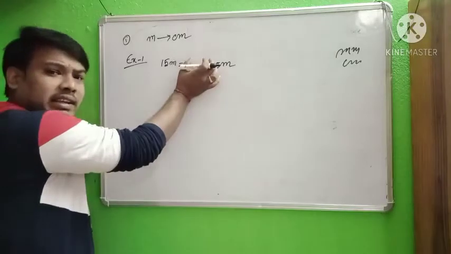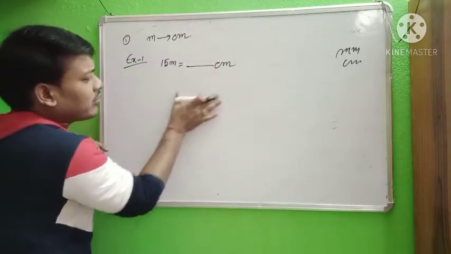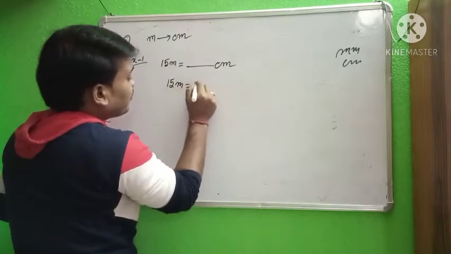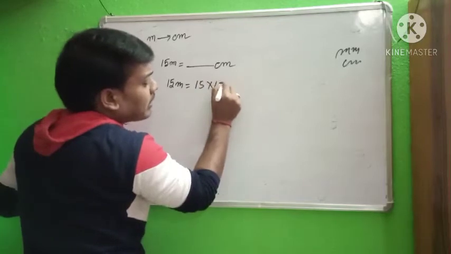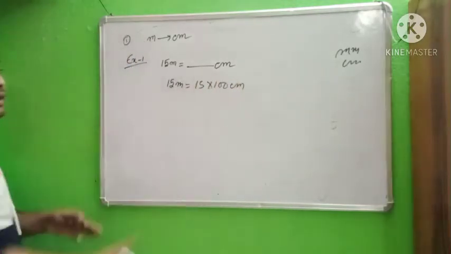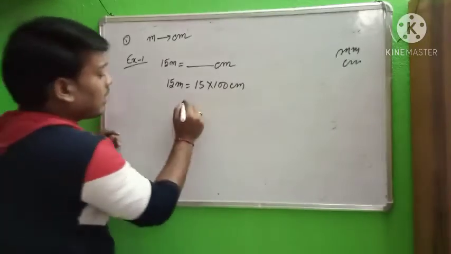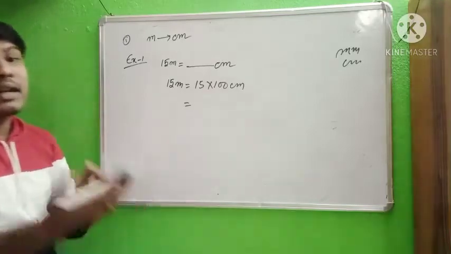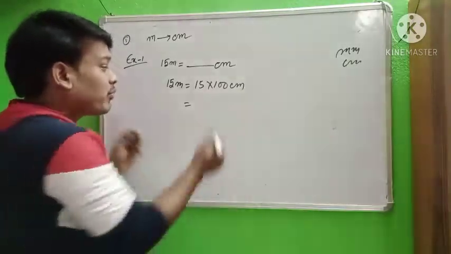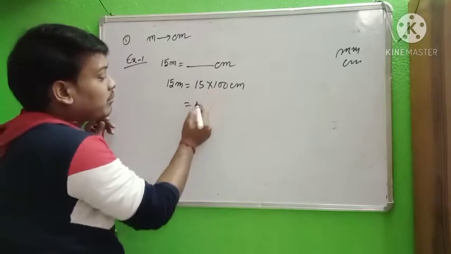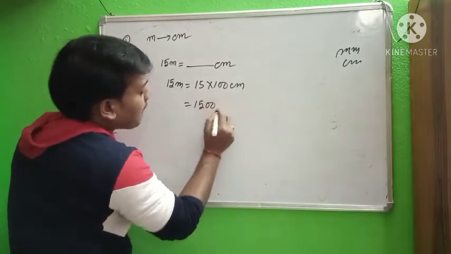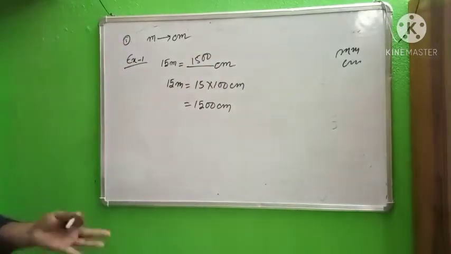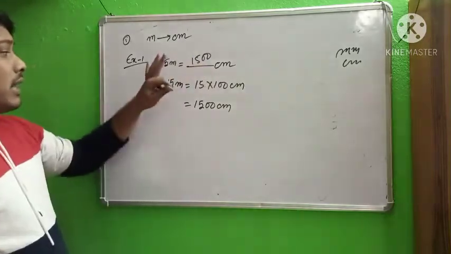Only the answer is written here, and all calculation is shown below. So 15 meter equals 15 multiplied by 100 centimeter. If we multiply by 100, then it becomes centimeter. No need to multiply as usual. We know that when we multiply by 100, 1000, or 10, we put only the zeros at the end of the number. So 1500 centimeter. What is the answer? 1500. Very easy, meter to centimeter.